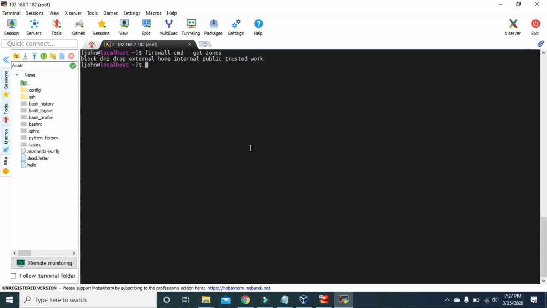Here, we can check what default zone we are currently using. If we type firewall-cmd --get-default-zone, you can see the public zone is the default zone we are using currently. If you want to see the rules that are defined for this public zone, you can type firewall-cmd --list-all. If you press enter,